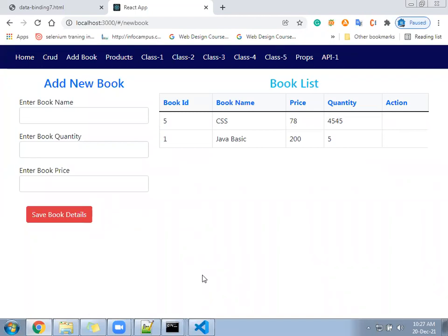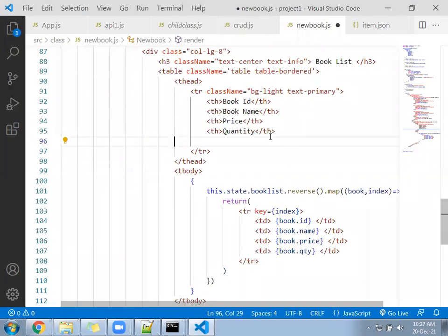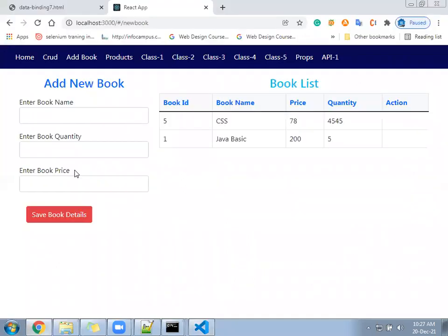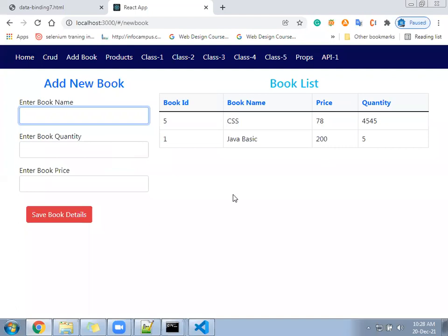Think a little more. After adding the data, how will it reload on the right side? If you are adding the data here on the left side, after adding you get the message that you added. At the same time, this should get reloaded also, no? So this is the condition here. Once you add here, first you display the data on the right side. After that, after adding, it should get reloaded.